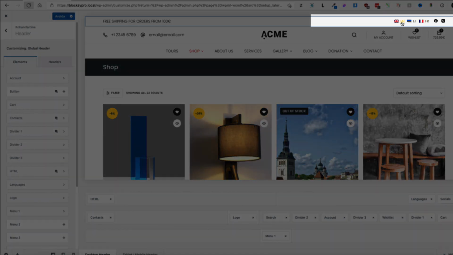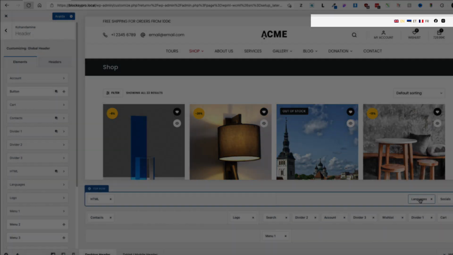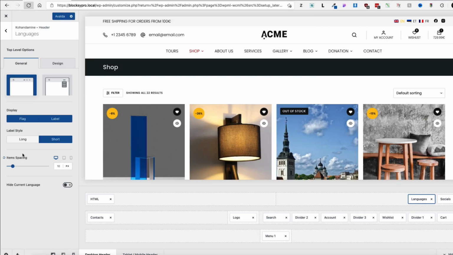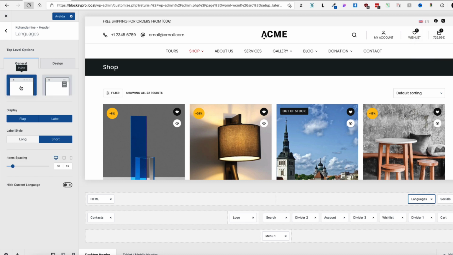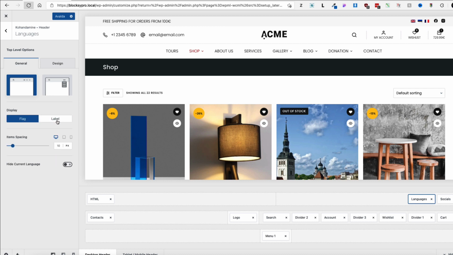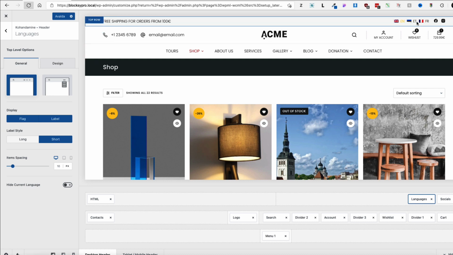3 languages: English, Estonian, French. If I open it up, I can customize it whether it's shown inline or dropped as a drop down. So let's choose a drop down to see what happens here. And it works like this. I like inline option more, therefore I'm gonna choose this one. Whether to show the flag and label, or just a label, or only a flag. I'm gonna activate both. Label style is short, that means I'm not gonna show English, Estonian, French, but short version